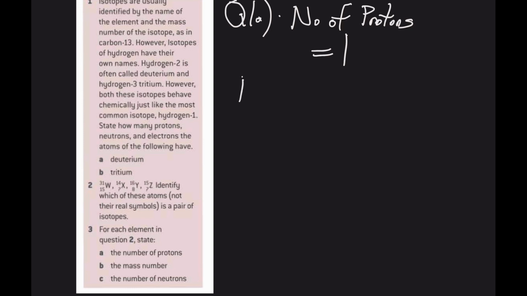And the number of electrons is also equal to 1, because isotopes, just like atoms, have no charge. So the number of protons in their nucleus must be equal to the number of electrons that orbit their nucleus. And now the number of neutrons